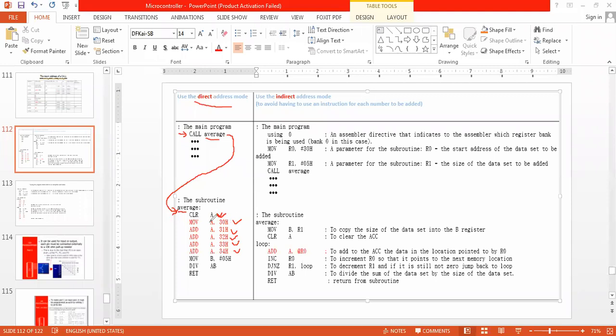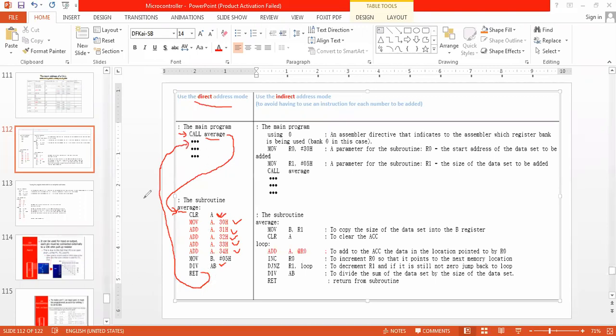30h the value will be loaded into A, then that value, A value is going to be added with the value of 31h, with the value of 32h, with the value of 33h, and with the value of 34h. Then we are copying that value into B and we are dividing them, and then we are returning back to the next line.